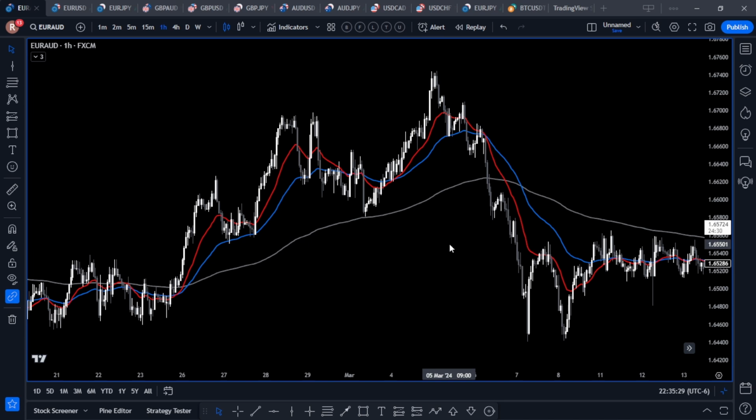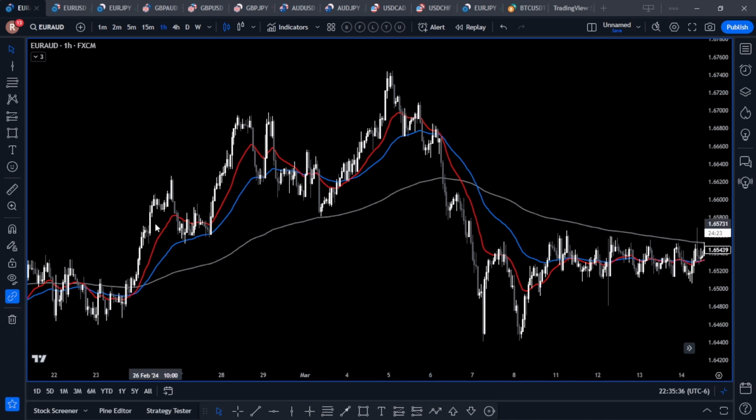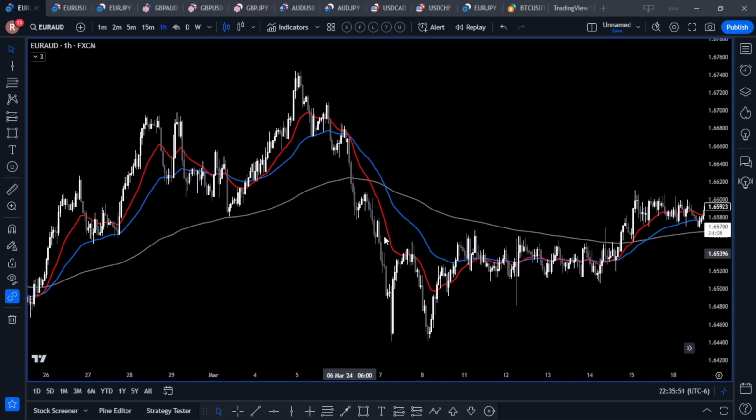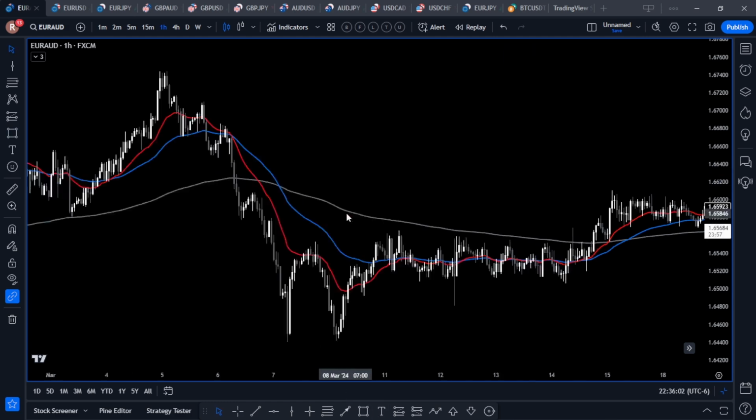So I'm looking for buy opportunities in this area. It doesn't matter if the 20 and the 50 are hugging the 200. I'm just looking for the price to be above it. And I'm looking for these two moving averages, the 20 and the 50, to be in the right order. So at this point, I'm looking for a long trade. And in this point here, in the middle, I'm looking for sell opportunities. So at this point,